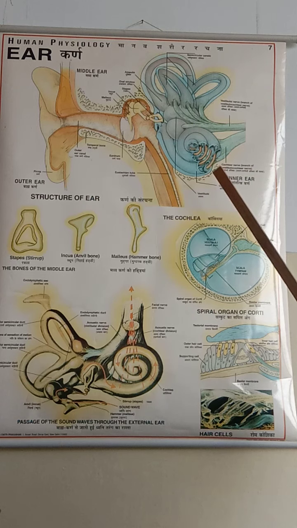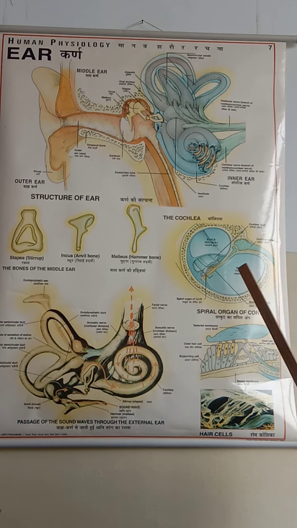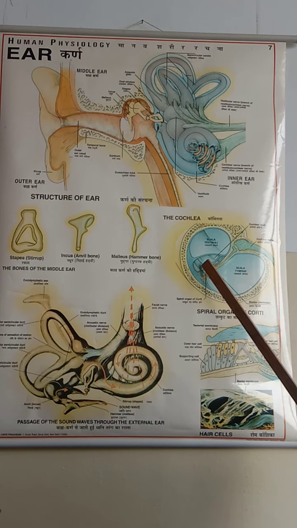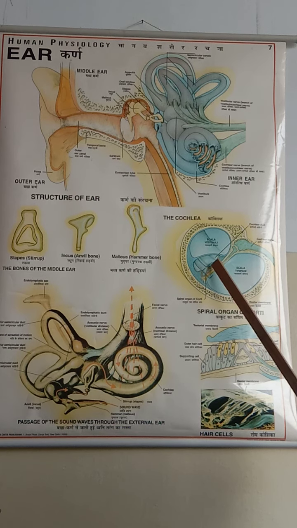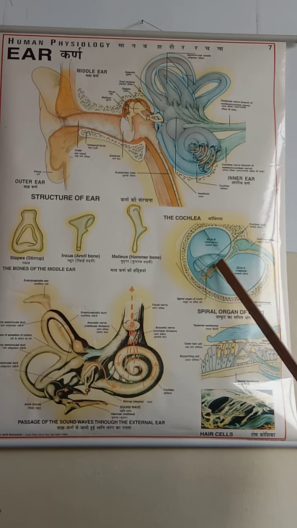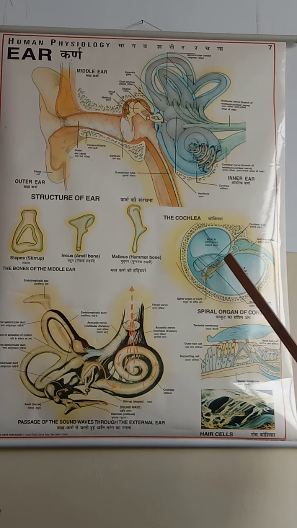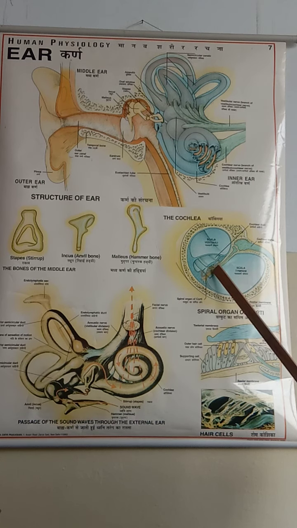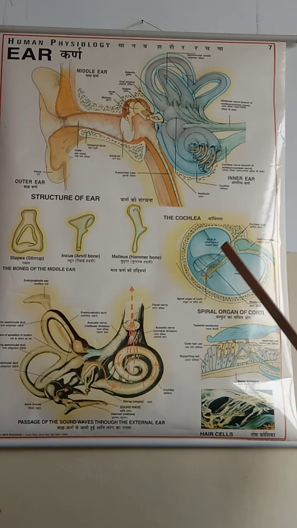And now we are coming to the structure of the cochlea. This rounded structure is part of the internal ear. It has three main parts: scala vestibuli, scala tympani, scala media. And you can see at the base of scala media there is a spiral organ called the organ of Corti, and all three parts are very important. Like you can see, this is the basilar membrane, and the duct here is the cochlear duct, here the cochlear nerve. This basilar membrane is important. You can see the structure here.